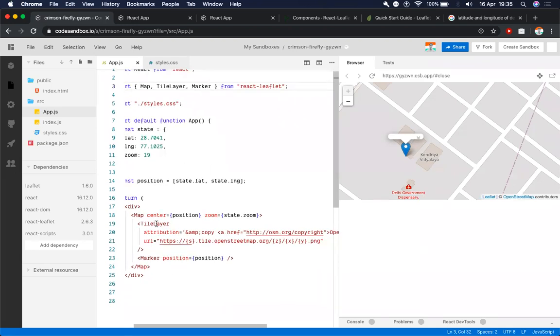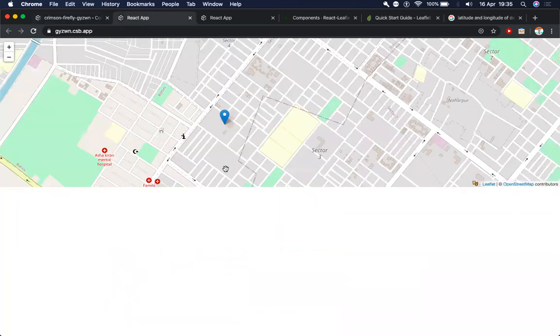The last part of a map is its tile layer. Tile layer is basically the actual map in the background that we are seeing. It's actually a large PNG file which has been distributed into individual tiles, and those tiles are displayed to us in a grid format.